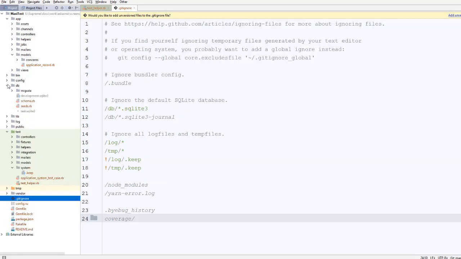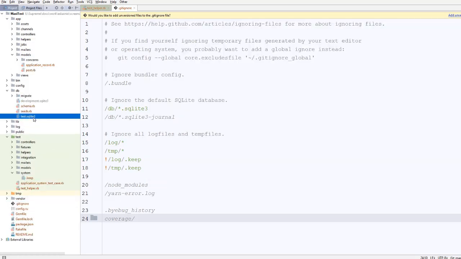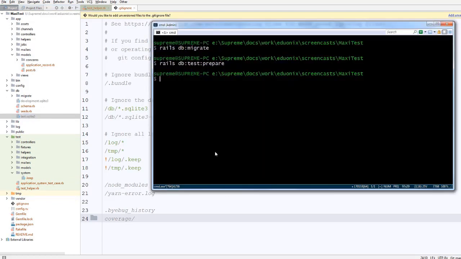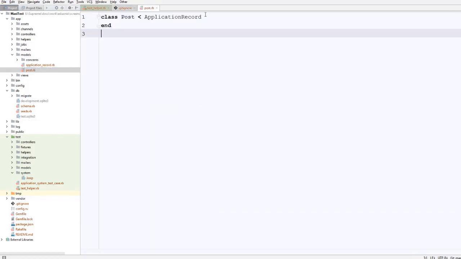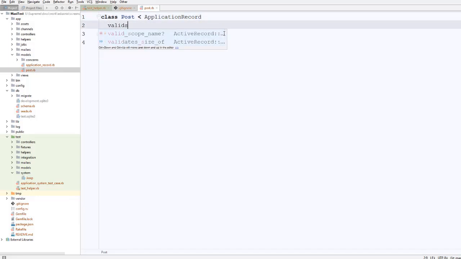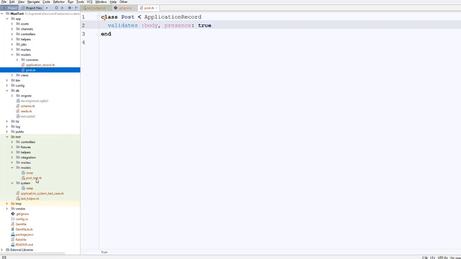So this is going to create a separate database called test. Later, when you apply new migrations, don't forget to apply them to the testing database as well by providing this RAILS_ENV option. Now let's go to this model and say validates body presence true. And so now I want to write a very simple test to make sure that the post without a body is